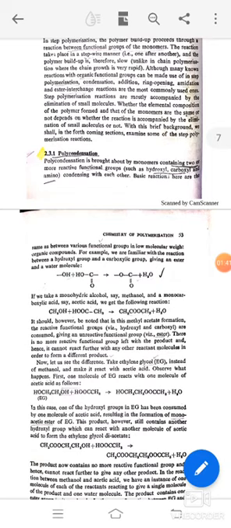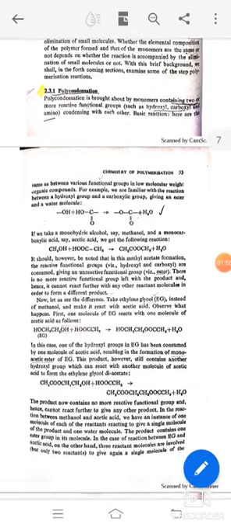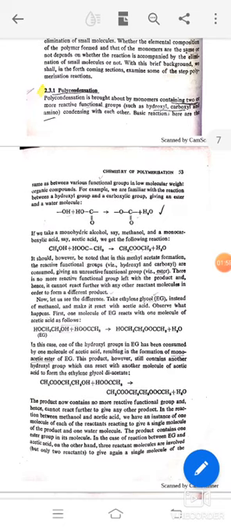For example, this is the hydroxyl and this is the carboxylic group. Hydroxyl group plus carboxylic group form this compound and a water molecule is eliminated. This is the condensation reaction. If you take a monohydric alcohol, say methanol, and a monocarboxylic acid, say acetic acid, we get the following reaction. This is the alcohol and this is the acid. The acid is acetic acid and the alcohol is methanol, forming this ester.